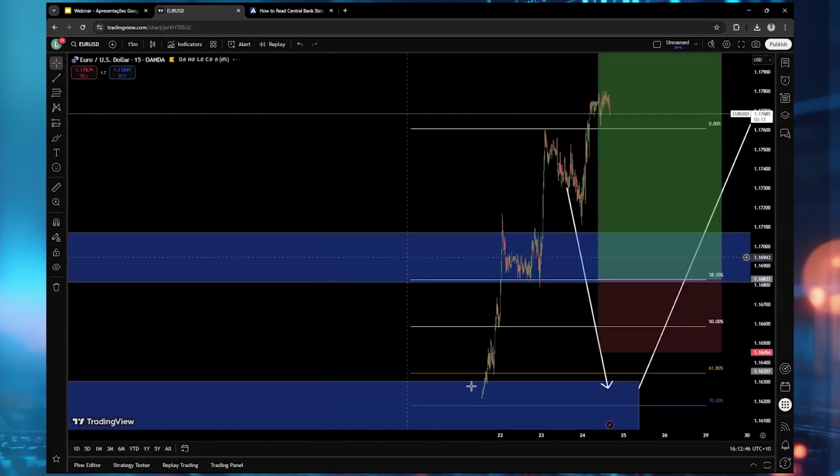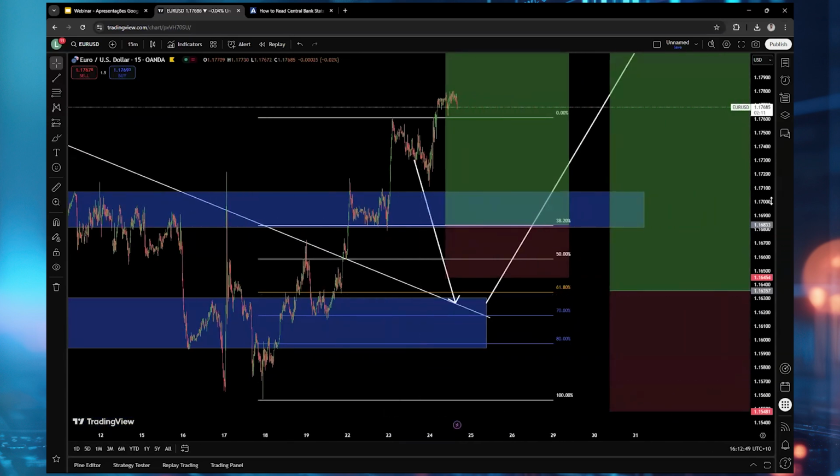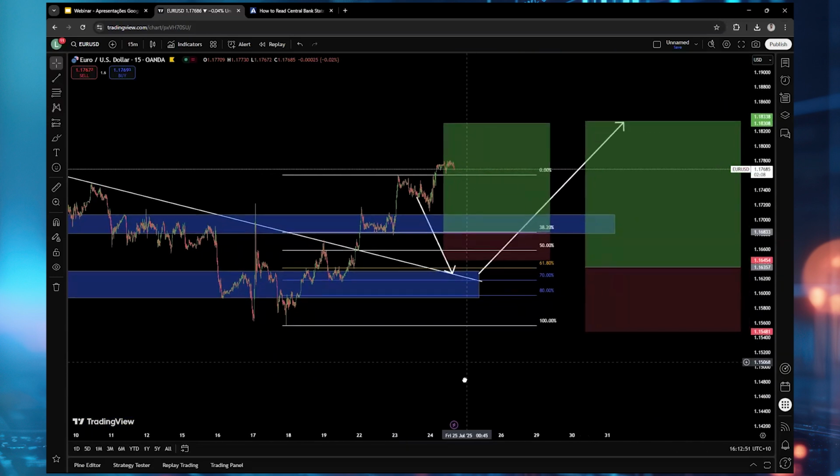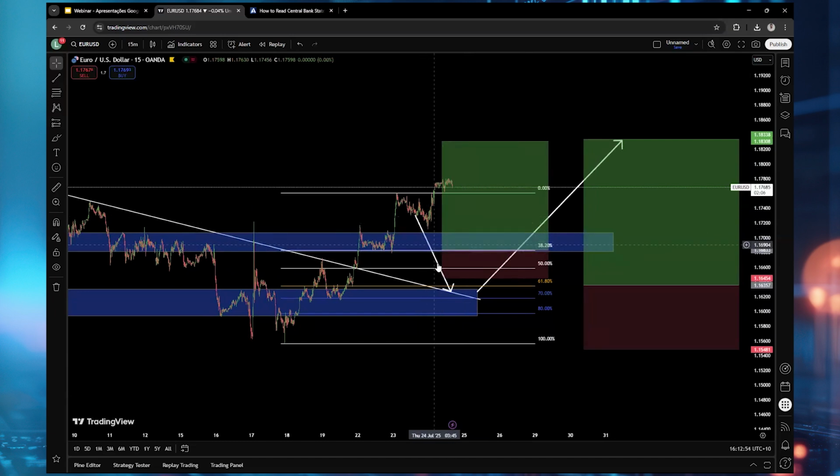Let me go to 15 minutes. So this was one of the trades we got yesterday. We were waiting for the market to come back into the 38 Fibonacci, and it didn't end up coming. But as we can see from here, where the market was yesterday, we had a small pullback and then a continuation upwards. So the direction was correct, and that was exactly what we wanted. But unfortunately, we couldn't get onto the trade.